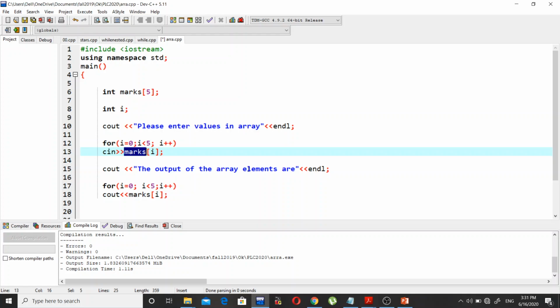This statement will be printed on the screen. Again, the loop starts from the beginning. This loop is used for displaying the array elements stored at different indexes. So I is initialized from 0, 0 less than 5, and the condition is true. This statement will print whatever value is stored at marks 0 location, and then control will transfer here to I plus plus, the value of I